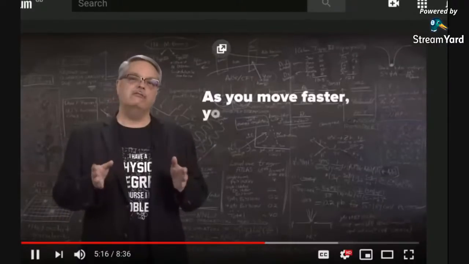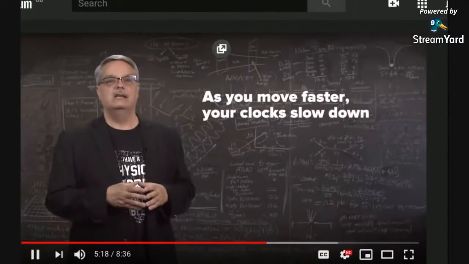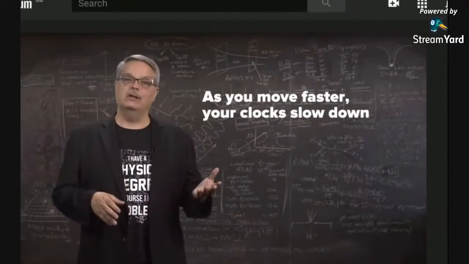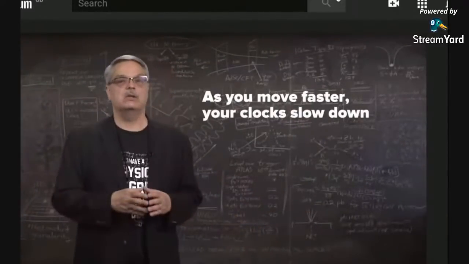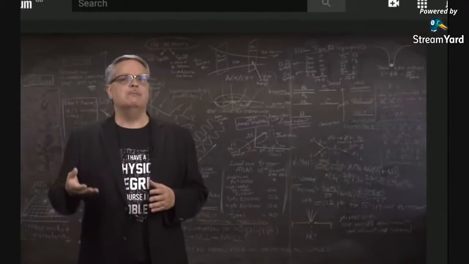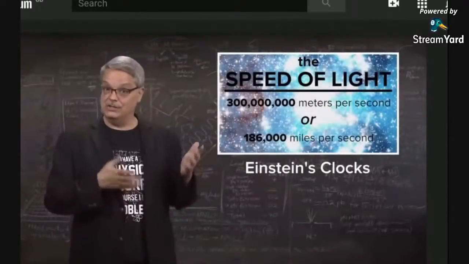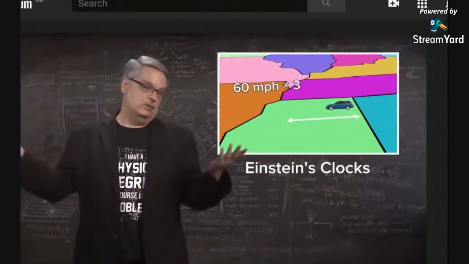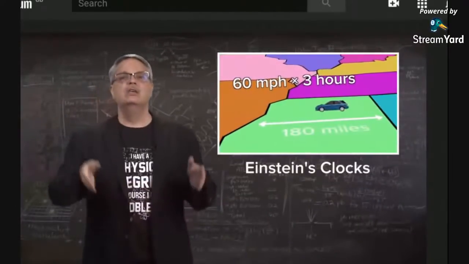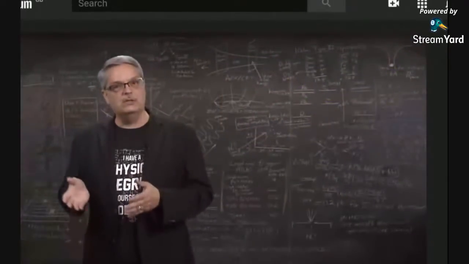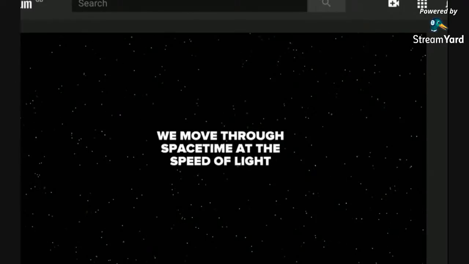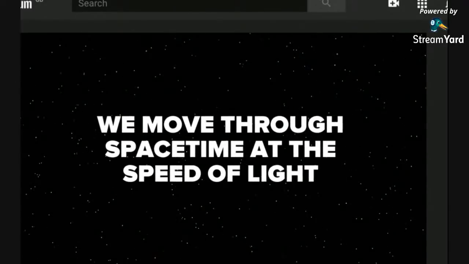Faster and faster, your clocks slow down. And as you get very close to the speed of light, your clocks very nearly stop. We've scientifically proven that this is what happens, and I direct you to my video on time dilation so you can see one way that we've tested that. So this brings us to our fundamental realization of relativity. The reason that we can't move through space faster than the speed of light is because we're constantly moving through space-time at a single speed, the speed